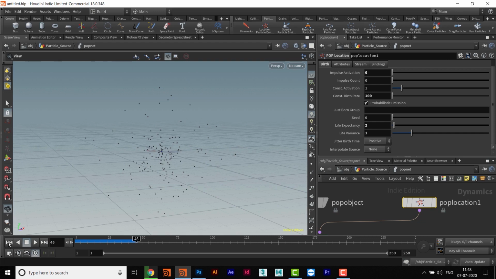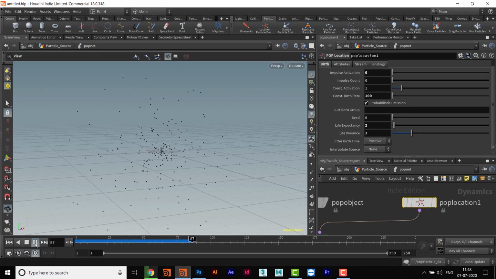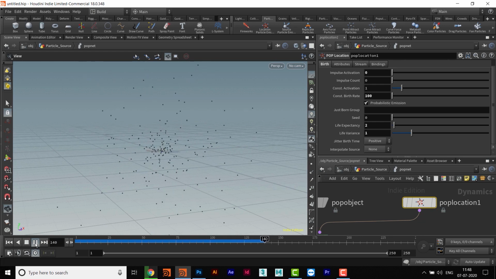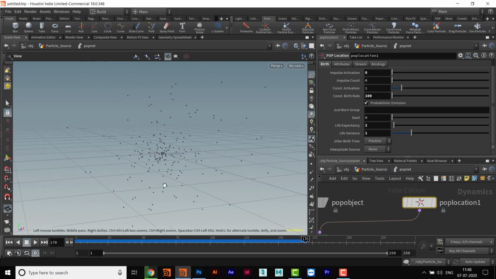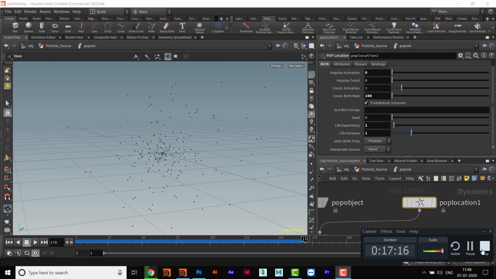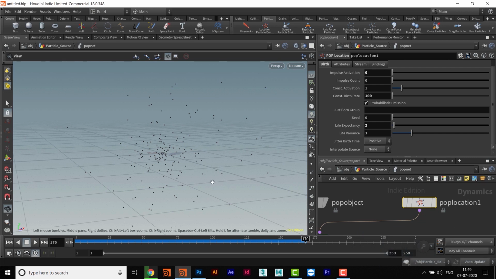The particles are dying after some particular time, maximum after 3 seconds. Here we have seen the birth of the particles based on per second basis and per frame basis, and then we have seen life and life variance.